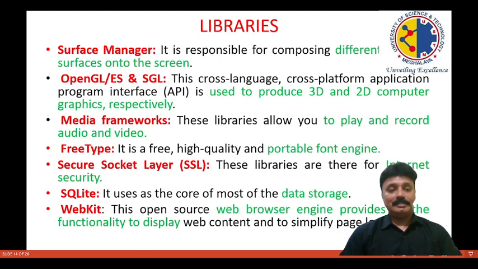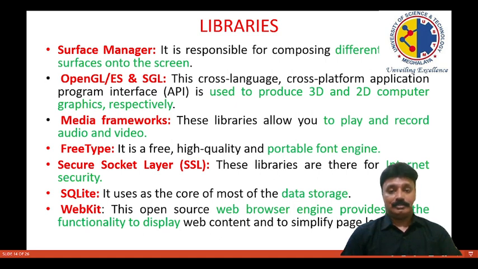So the libraries, there are several libraries which are already depicted in the architecture diagram. So the surface manager, it is responsible for drawing surfaces on the smartphone screen. Then the OpenGL ES, SGL, this is a cross-language, cross-platform application programming interface, which is used to produce 3D and 2D computer graphics, respectively.